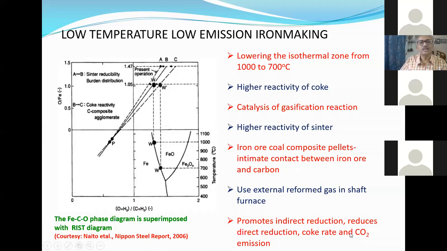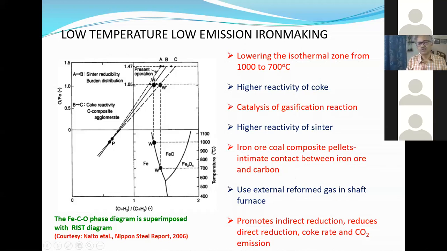So basically, the idea here is that I have to promote the indirect reduction. If I can promote the indirect reduction, then your coke rate will also decrease. As a result, your productivity will also increase significantly. So this is called low temperature and low emission. Obviously, if the coke rate decreases, your emission also decreases. Carbon rate decreases means emission also decreases. So any process that aims at decreasing the coke rate or the carbon rate reduces emission,